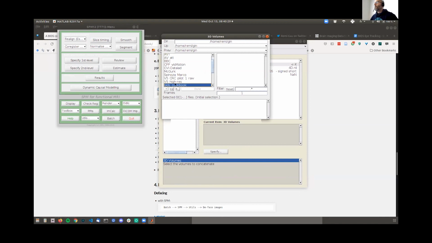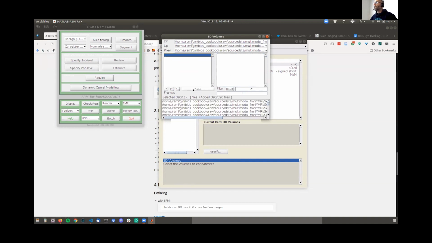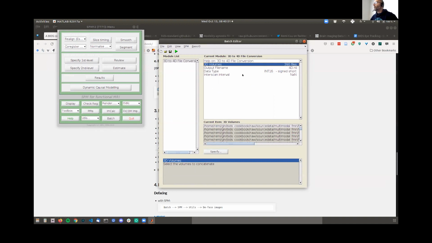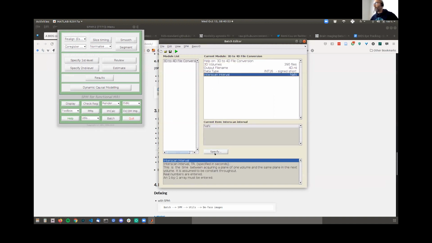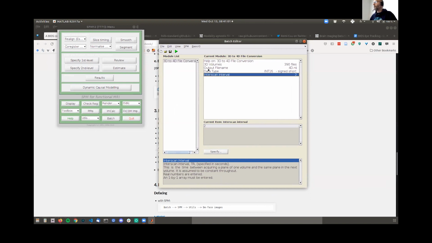It's in here, and for the functional data there were 2 sessions. You select all the files because this is what's called a 3D format, where each image from your time series is a different file. The interscan interval, which is your repetition time, I remember from memory is 2. Then you just convert the file.